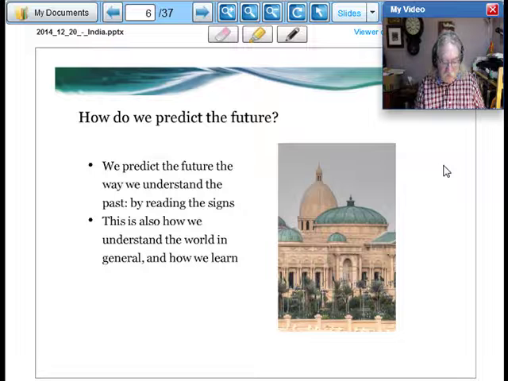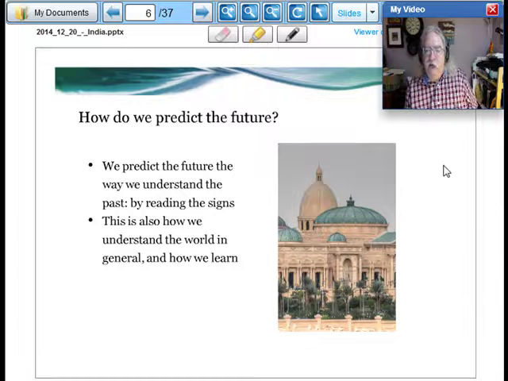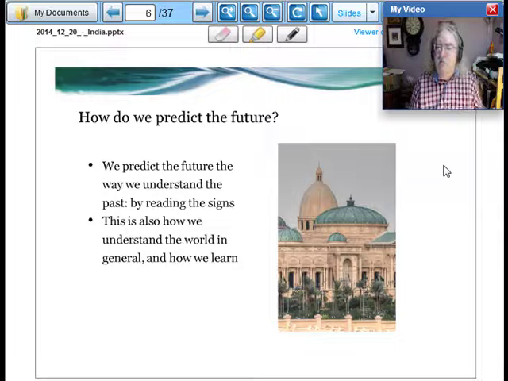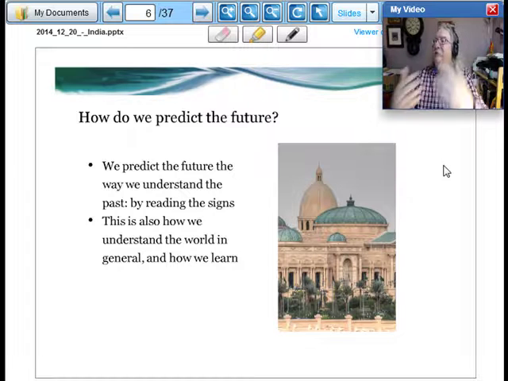The history of philosophy is a history of attempting to derive some sort of formal principle for predicting the future, a deductive theory of induction or an inductive theory of deduction, the hypothetical deductive method, the deductive nomological method, and other theories. But the way we predict the future is actually much less formal than that. We see the signs, we see patterns and regularities and events in the world, and we recognize that, oh, this is one of those kinds of things.